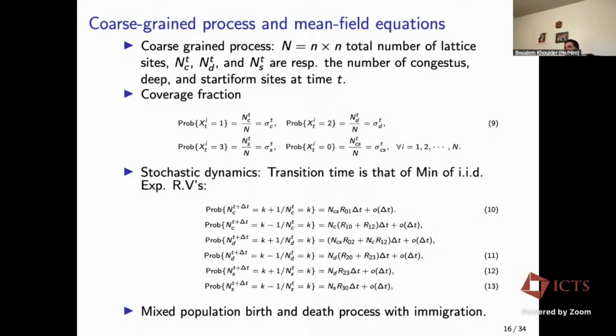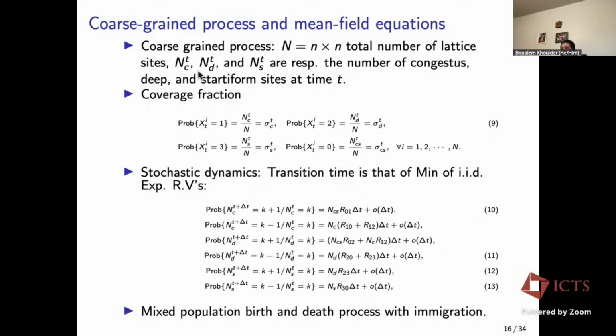We want to do parametrization that's fast, not a super parametrization. Well, we don't do that in practice because you can actually assemble all these area fractions as you just count the number of congestus sites, the number of deep sites, and the number of stochastic sites, and then you can actually construct mathematically the stochastic model that just simulates the total number of cloud types, and that's what we call the coarse